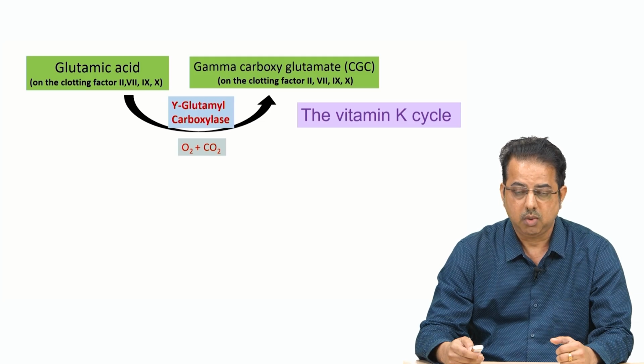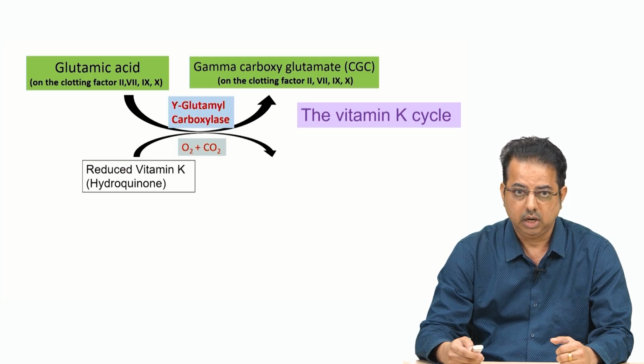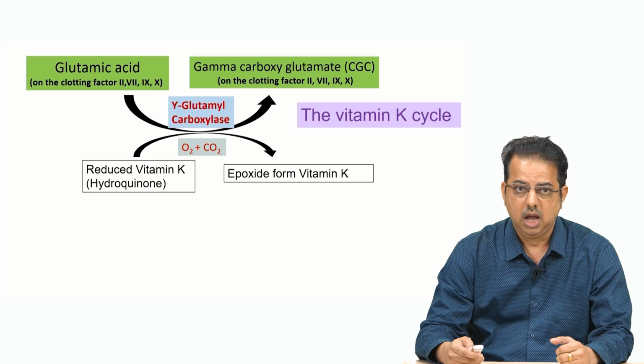This reaction requires carbon dioxide and oxygen and also requires the reduced form of vitamin K, which is also known as hydroquinone. During the process, this hydroquinone gets converted to the epoxide form of vitamin K. So, overall this is how inactive clotting factors are carboxylated to form the active clotting factors, which then will be involved